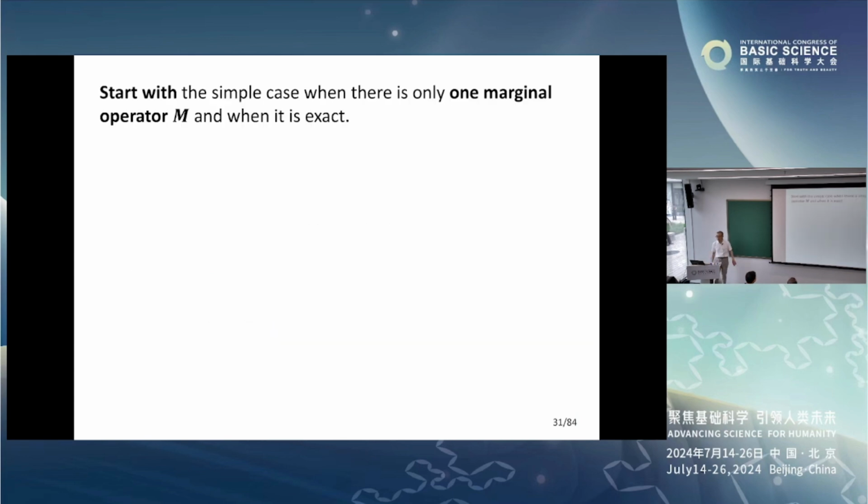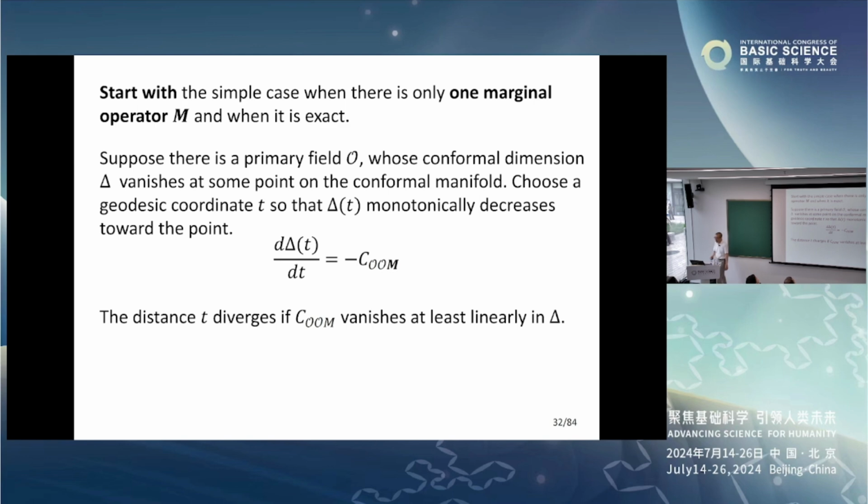I'll first start with the case when there is only one exactly marginal operator. If we understand this case, then generalization to the case with more marginal operators is easier. So by assumption, there is a primary field whose conformal dimension vanishes at some point on the conformal manifold, in some limit on the conformal manifold. So that's the assumption. Suppose there is such a primary operator, then suppose we can choose a geodesic coordinate so that, at least near the point where delta vanishes, delta monotonically decreases toward the point, and it satisfies this